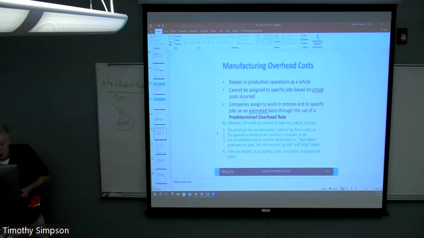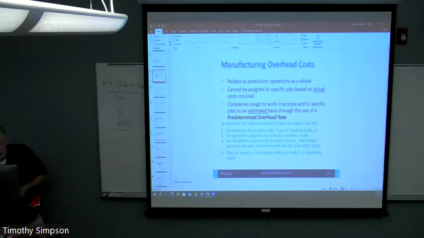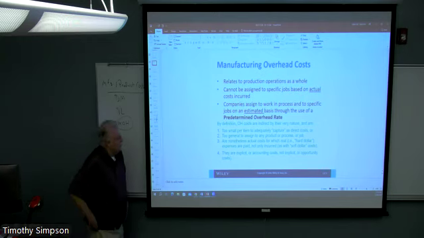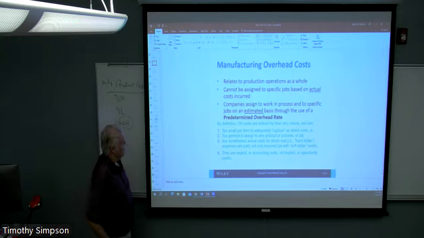First, let's do a little bit of a roundup here. I'm going to go not back in terms of where we are in the module itself, but kind of back as a bit of review in order for us to sort of get our arms around what is going on with manufacturing overhead costs.